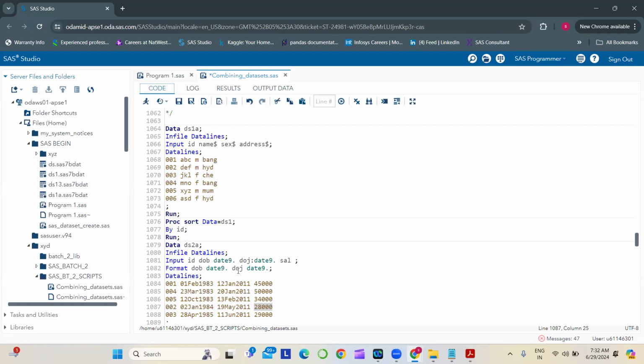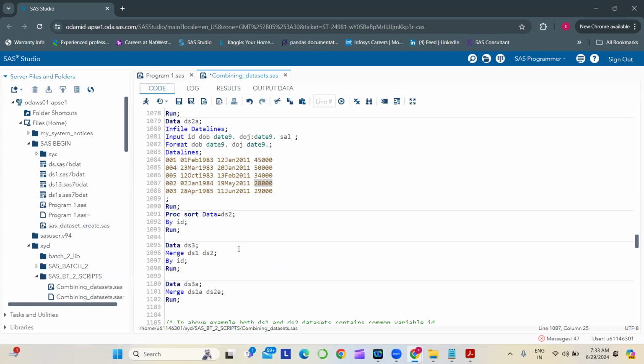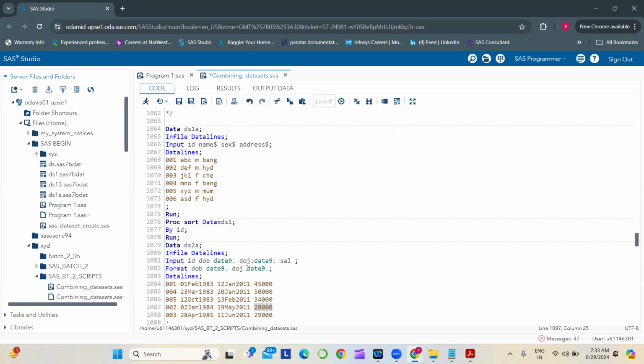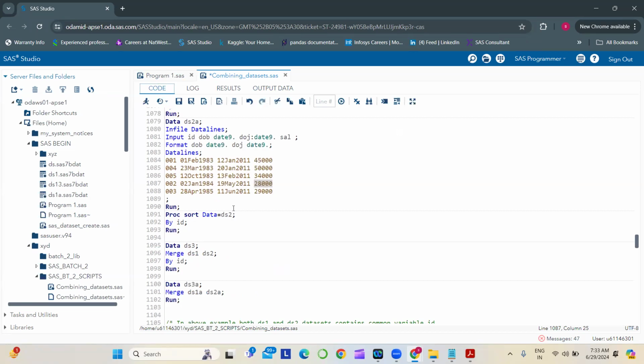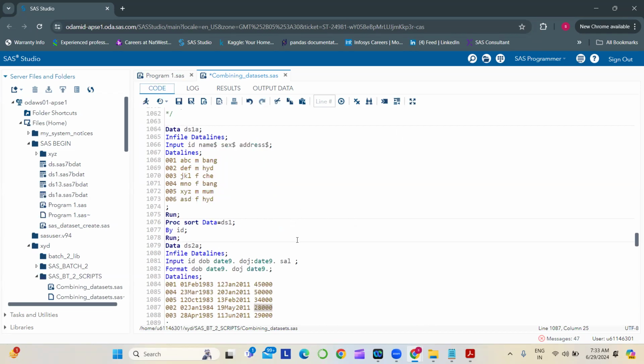DS2 is unsorted, right? No, I didn't sort both datasets. 1A, 2A. One is with 1, 4 is with